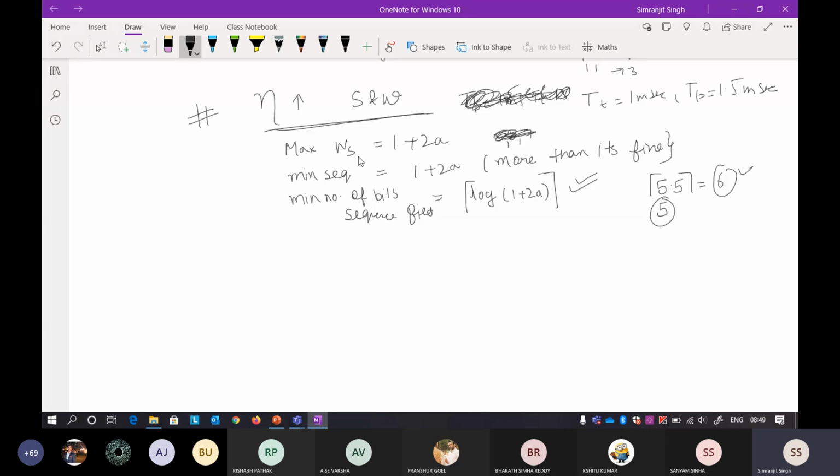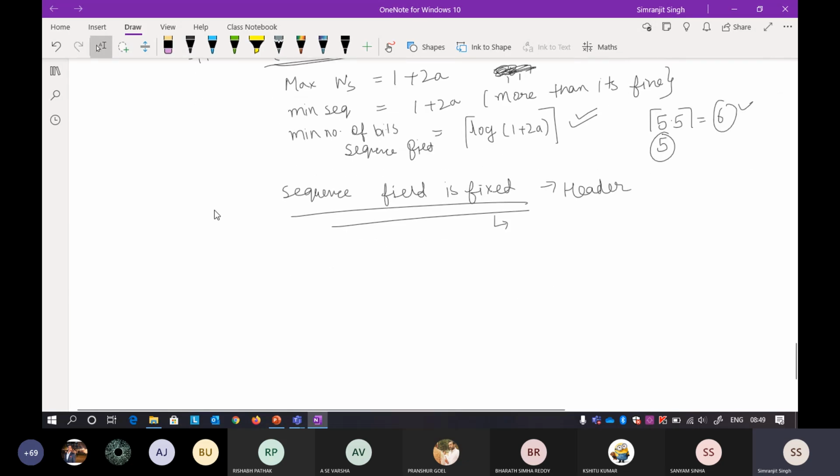But now I'm saying the sequence number field is fixed. It will not always be 1 plus 2a, but actually it is a fixed thing. In a header, a certain number of bits will be assigned to the sequence number. It can be less, it can be more, but it is the decision of the protocol that you're using.